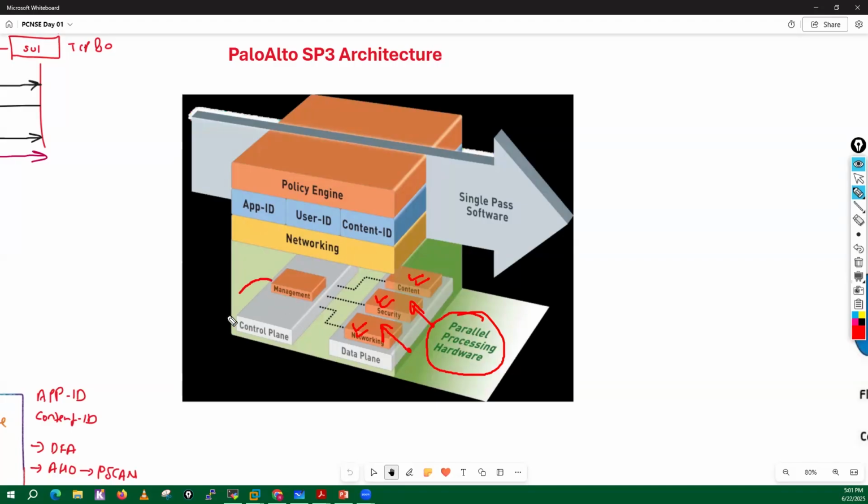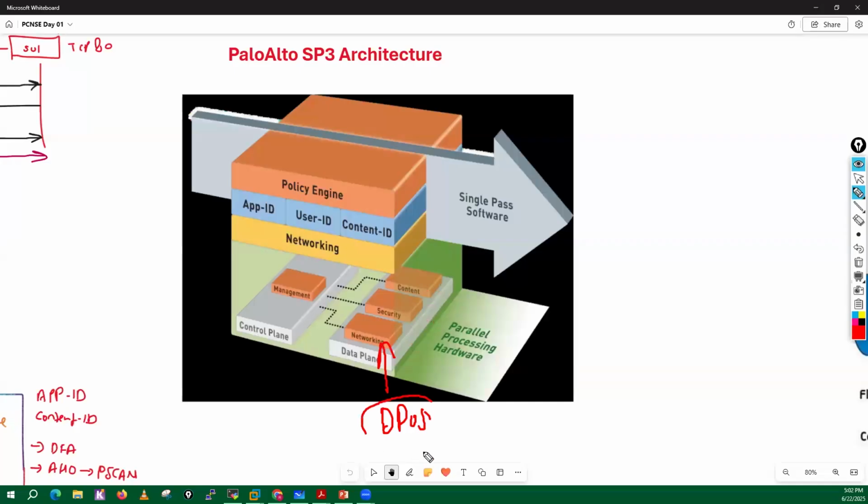First segregation they have at the management plane and the data plane, and after that their data plane is further divided into three other planes. And now these three other planes can do the tasks separately. They are not having any type of resource level dependency. One more benefit you will get. Let's suppose somebody has launched a DDoS attack.